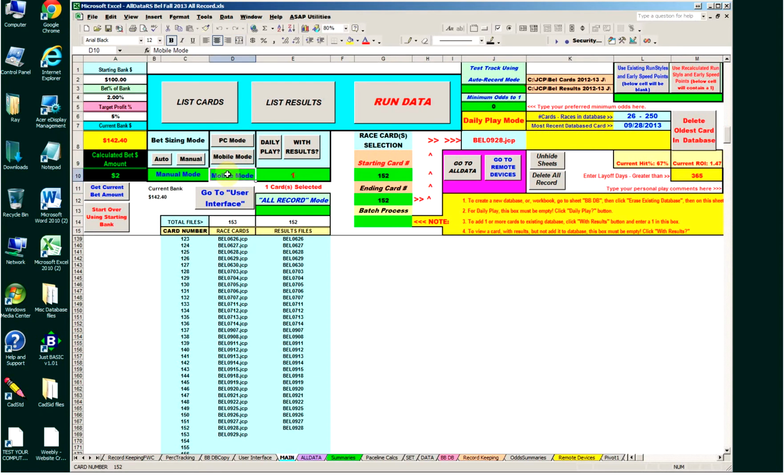Mobile mode is for the remote devices. Mobile mode, I call it. PC mode is on your computer right here, or on a larger laptop. If you're using a smartphone or a tablet or a netbook, you want to use the remote devices sheet, just click mobile mode,